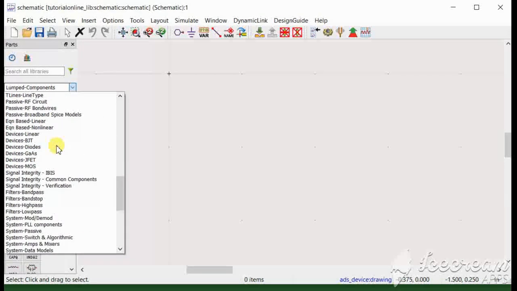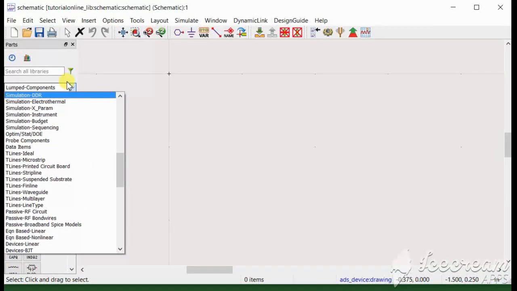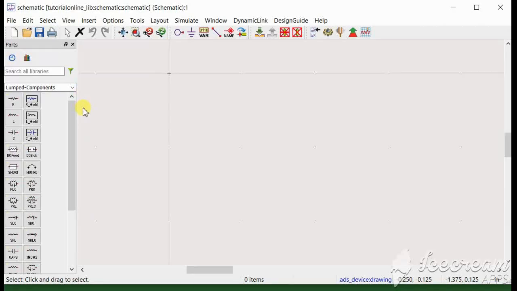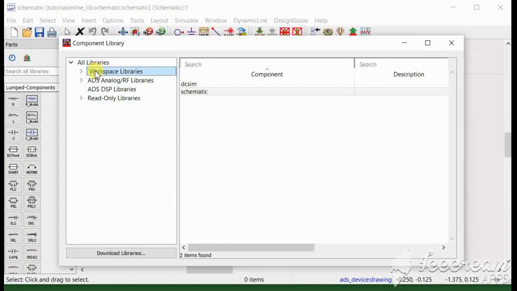These components which you see in the schematic are based on the libraries you have selected once you were configuring your workspace. So these libraries are here, which you can see. So there are multiple libraries. This workspace library is something which shows you the workspace content. For example, there is this current schematic named schematic. You can see it here at the top. So this is your workspace library. Whatever you have created on your workspace is here.